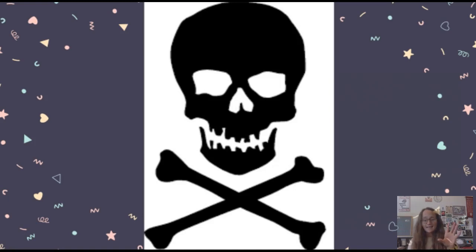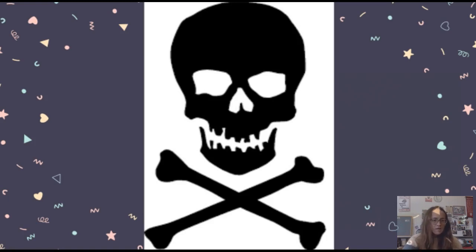So if I see this on a label, I am not going to add it to my latte or douse my body with it. That would not be advisable. So just by putting this one symbol on a label, you right away are telling people, hey, don't drink this, don't eat this, don't consume this, it's dangerous, be careful.